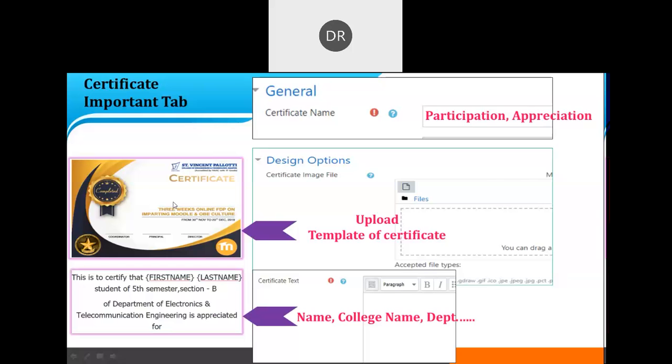So this certificate, you have to first of all frame it in Moodle into two parts, that is a template and the text. In text also, the student will get the certificate as per their first name and last name. Okay, because we have enrolled the students with this name only, first name and last name. So automatically all the certificates will be created after the completion of any specific task given by you,